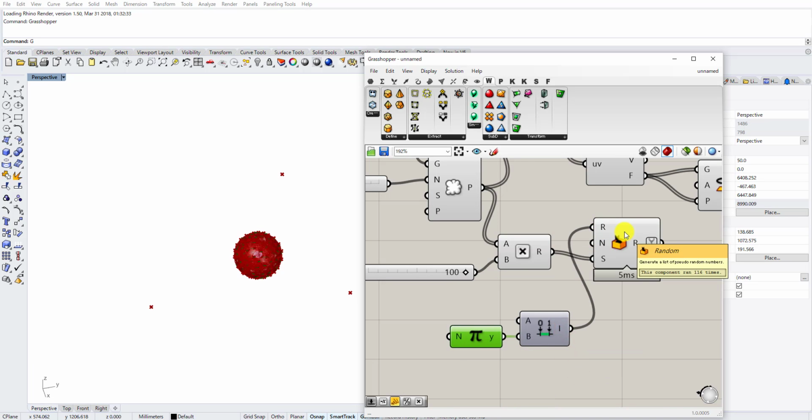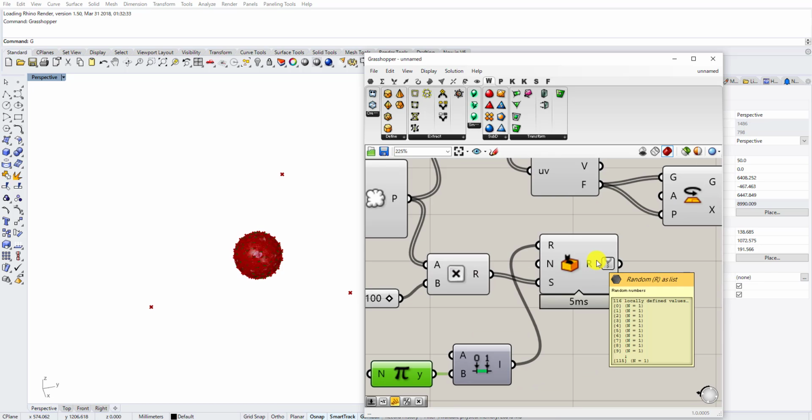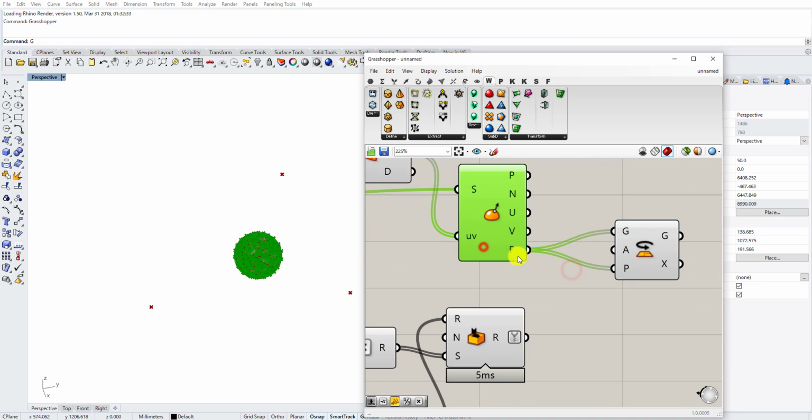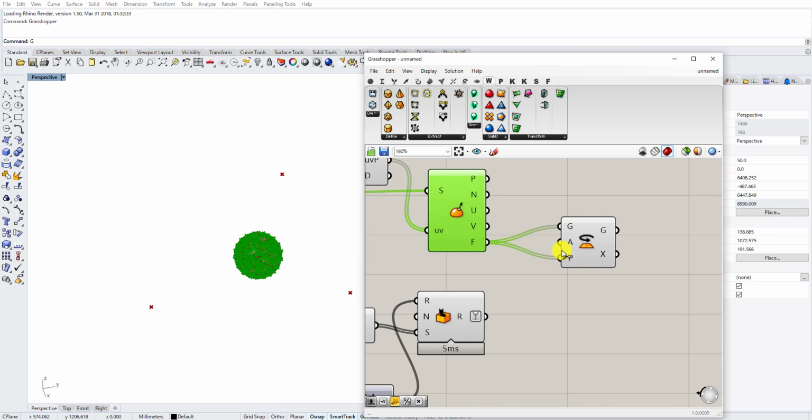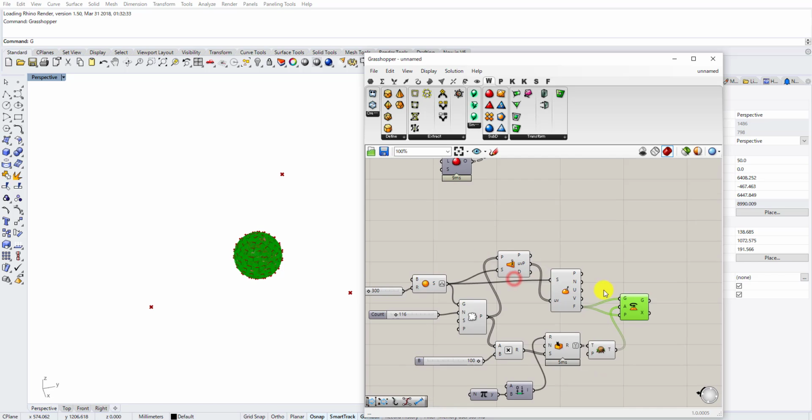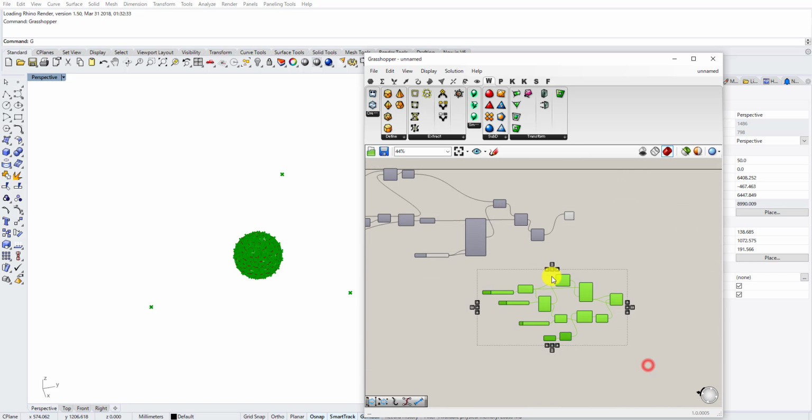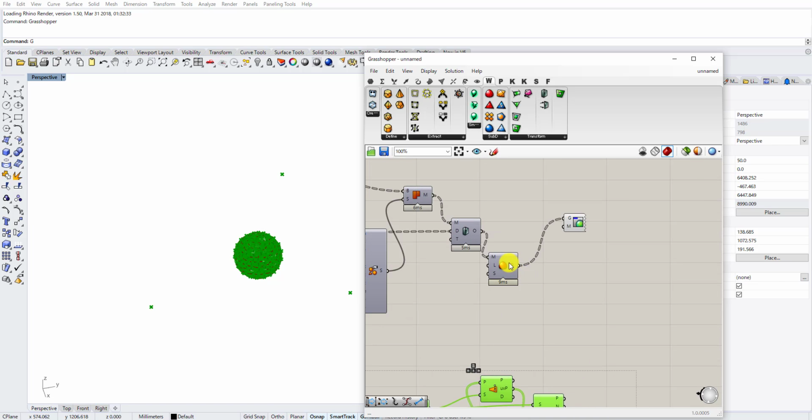Pi to the r. Now that I got the random value from 0 to 2 pi, I could just connect here, but it's grafted, so make it flatten. Now that I got a frame here,